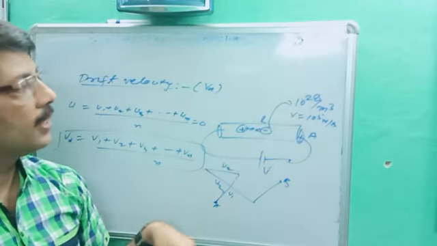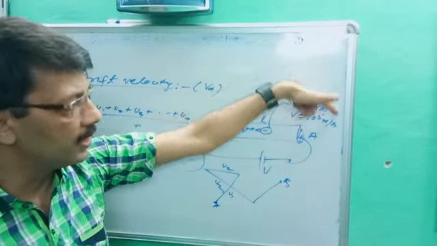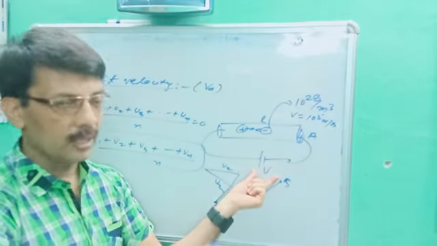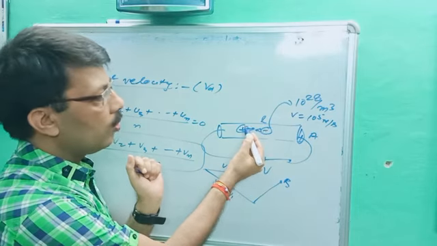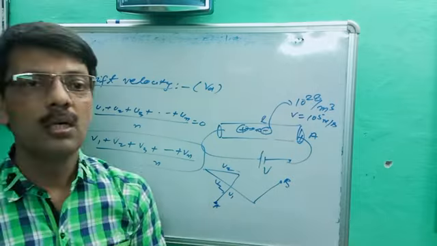Every metallic conductor has a number of electrons and protons of density 10 power 28 per meter cube, in random motion with velocity 10 power 5 meter per second. In the absence of electric field, they collide with each other, and total velocity u is equal to what? Zero. Average velocity is zero. When we apply the external electric field, electron and proton start moving in opposite directions to each other. During this, the electron collides with the opposite proton and gets the average velocity. This velocity is called drift velocity.